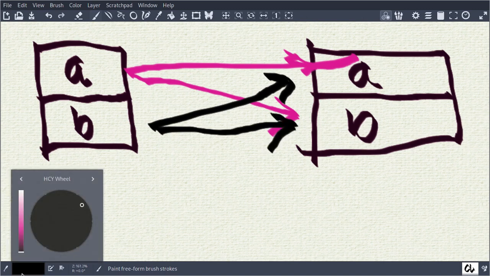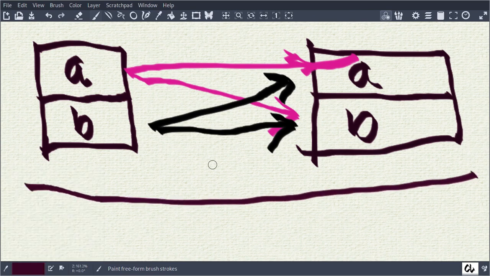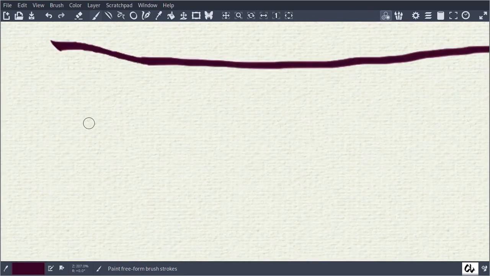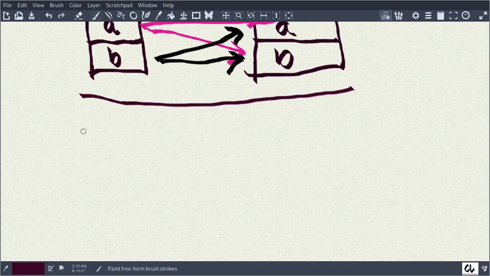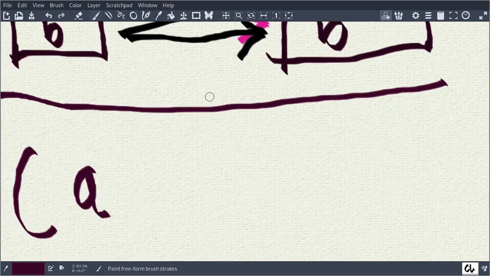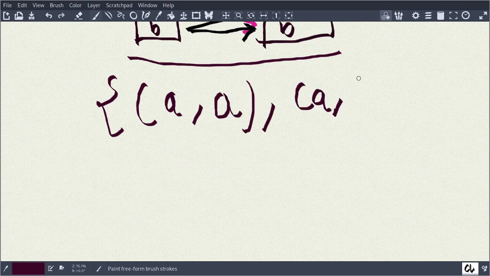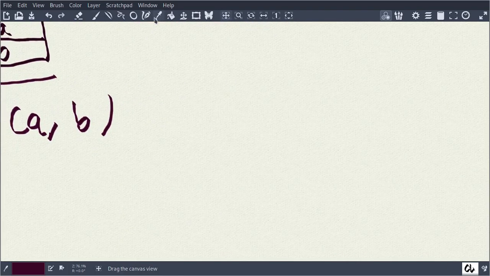So this basically means that we have this set of ordered pairs. I guess it's called the Cartesian product of these numbers. So we have a set of ordered pairs a comma a and a comma b,